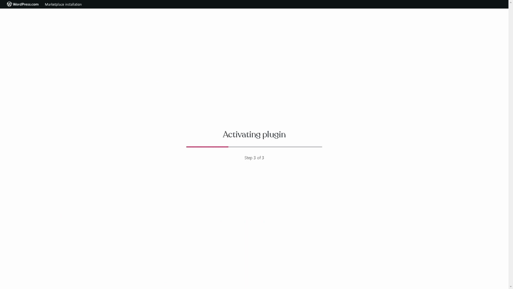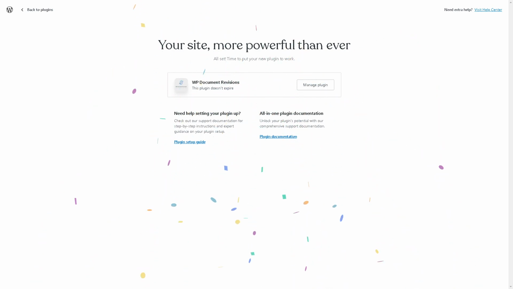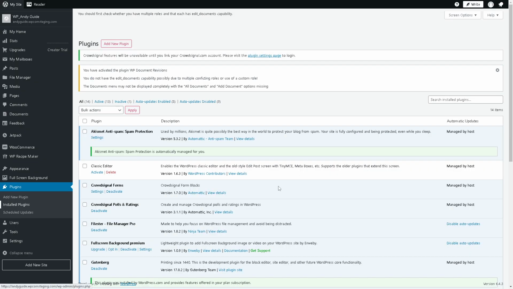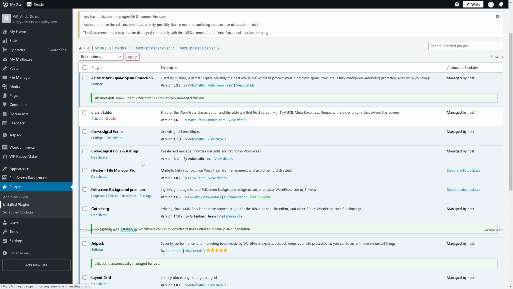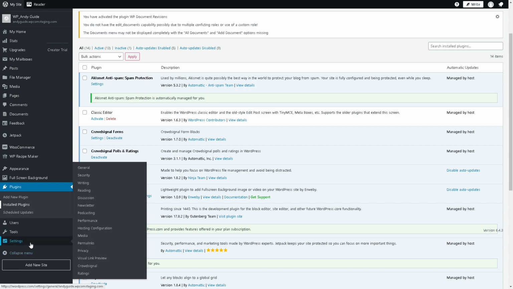And once you do that, it'll take some time, and there you have it. You can now manage document revisions and click on the manage plugin. And what will happen is, as you can see, all you're gonna do is you can configure the settings here, but you can do that later on. Just go to the left side panel again and click on the